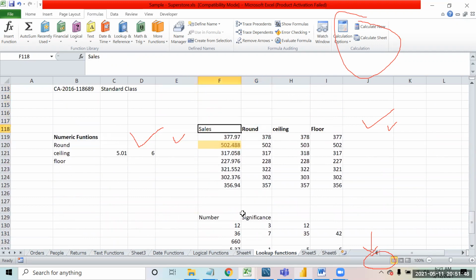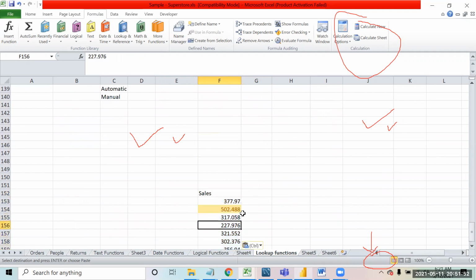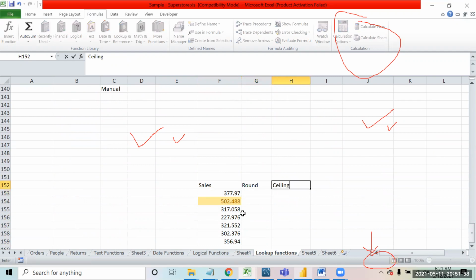Over here, these are the sales numbers. Let me apply the round function, ceiling function, and floor function. I say equal to round. This is the number, and I want to round it up to, suppose, 1 decimal place.